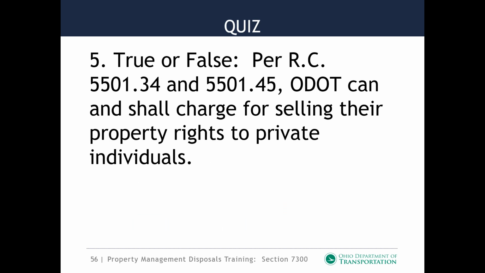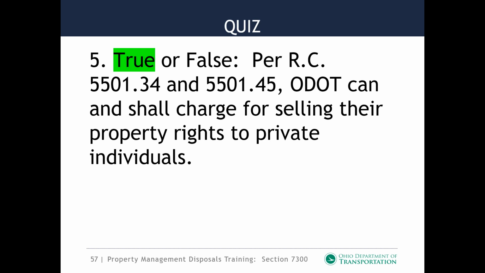Number 5, true or false, per revised code 5501.34 and 5501.45, ODOT can and shall charge for selling their property rights to private individuals. Everybody's saying true on this one. Oh, one person said false. It is true. So we can and we will charge for an enhancement value of giving that right back to